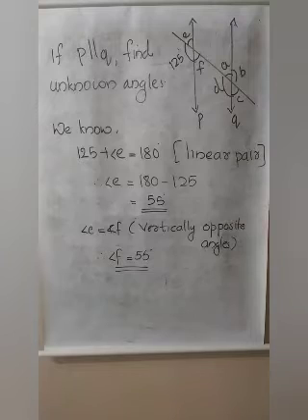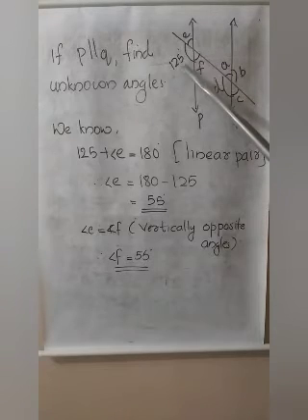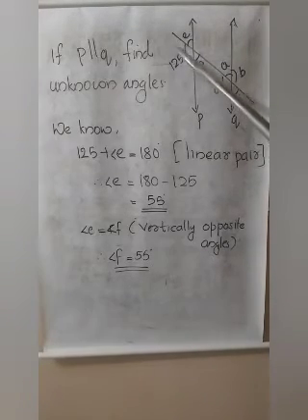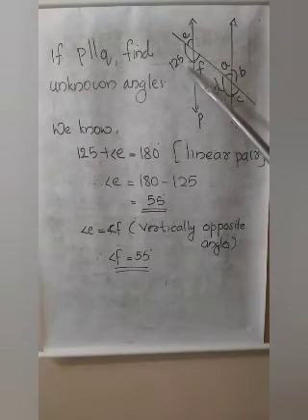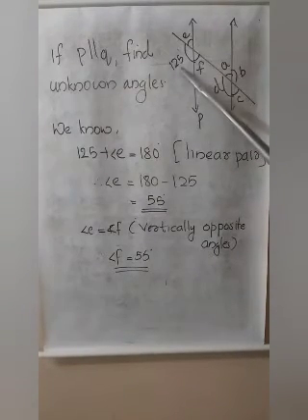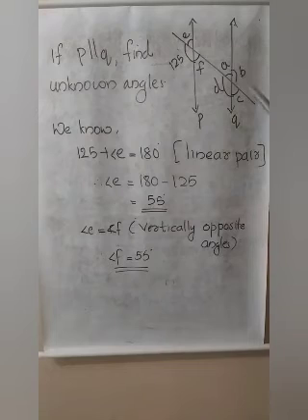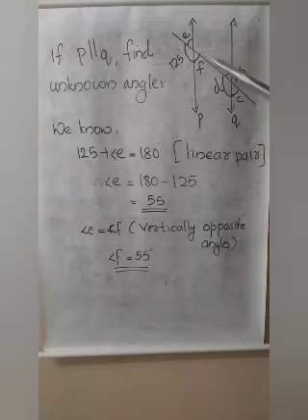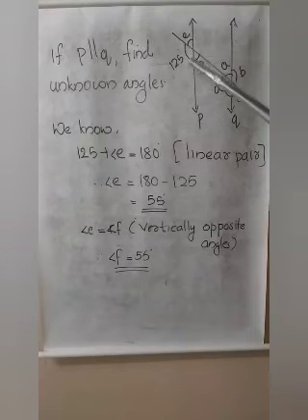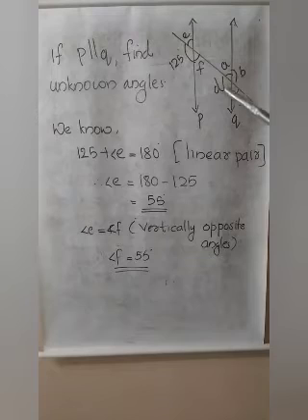Now what is known here is, this angle is 125 degree. So can you find out the corresponding pair of this 125? What is the corresponding pair of 125? Is it D or C? Which is the corresponding? When we are considering these two lines and this is the transversal. So the corresponding pair of 125 is D.